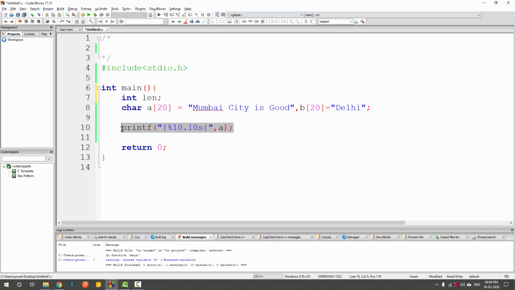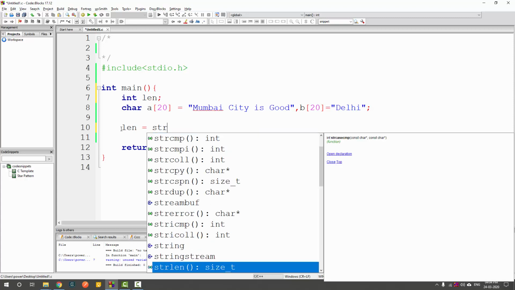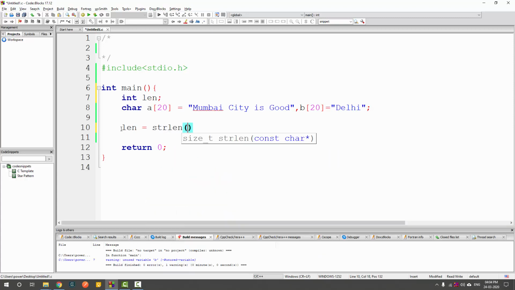Then I want to find the length of the string, so length is basically strlen and the name of the string, that is a, right? Once I do this, what I get is the length inside length. Now if I do printf, remember the length is in integer format, so this should be %d,